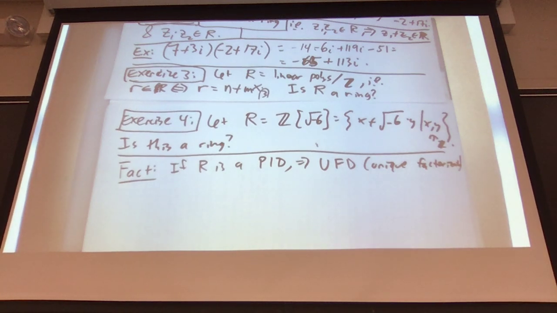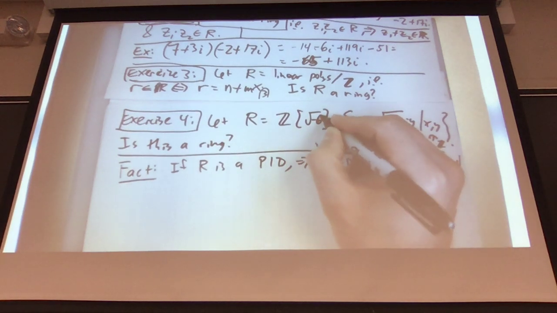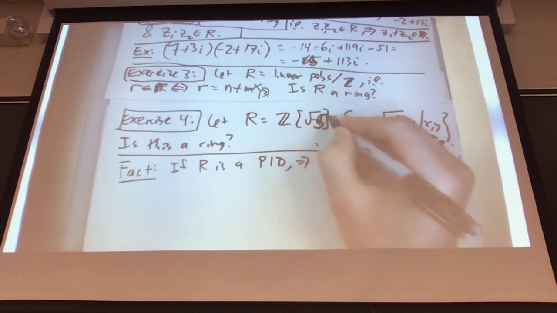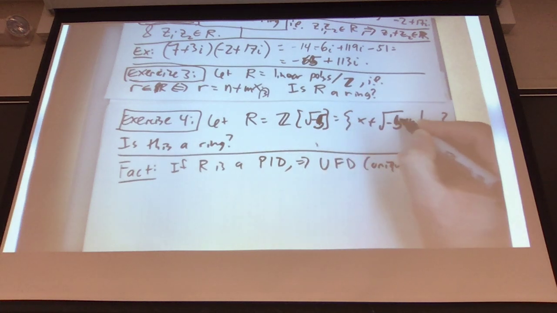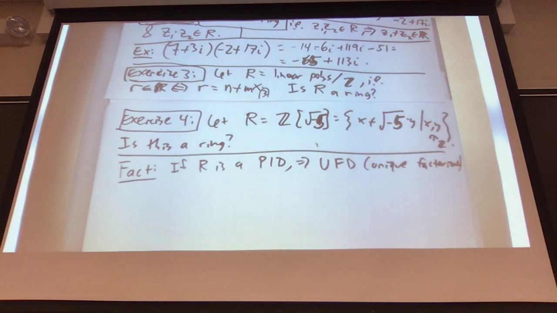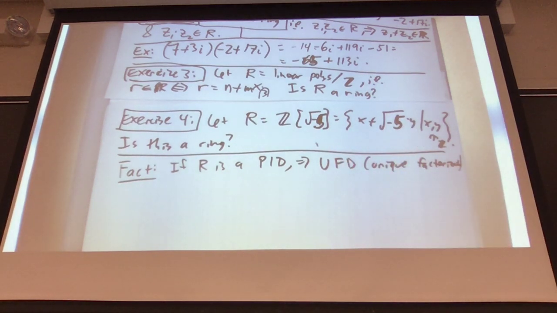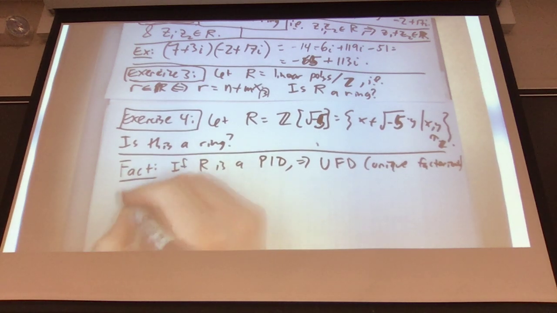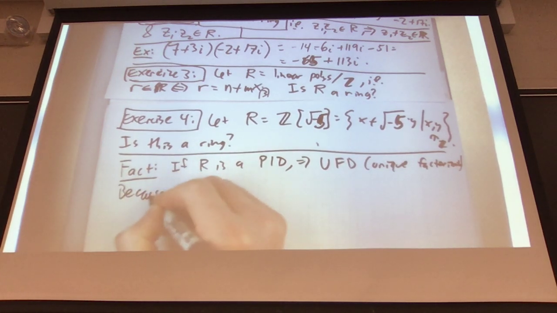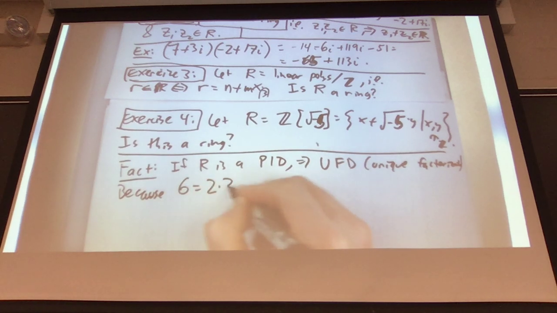And here's something really weird. Oh, I put the wrong number here. Make that a 5 instead of a 6. I need a 6 in a second. This ring is the simplest, in a sense, ring which is not a principal ideal domain. Yes, because you can factor, because observe that 6, which on one hand is 2 times 3, is also